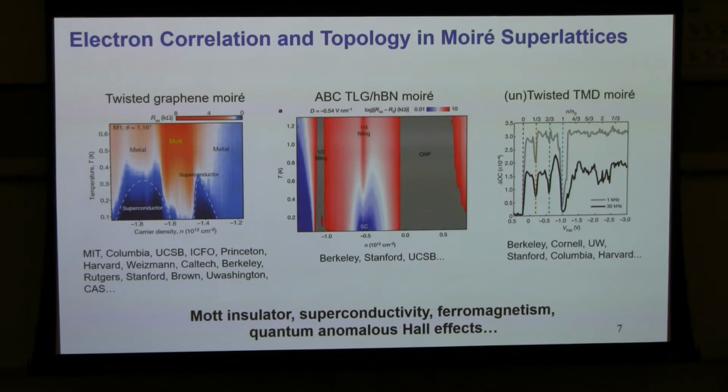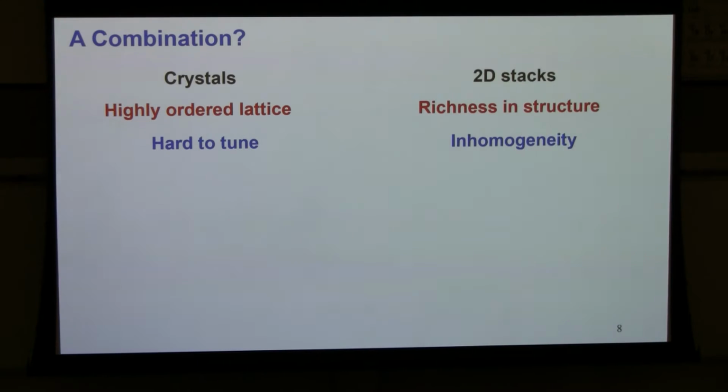So we sort of have this old lore of where to get correlation topology, and we have this new approach of using Moiré superlattices of 2D materials. When I started my job at MIT, I was asking myself, what should I do? And now it becomes sort of clear that I should take advantage of both of them. In the conventional materials in the crystalline form, you have this very reliable chemistry that can give you highly ordered crystals, very robust. But it has the drawback of being hard to tune, right?